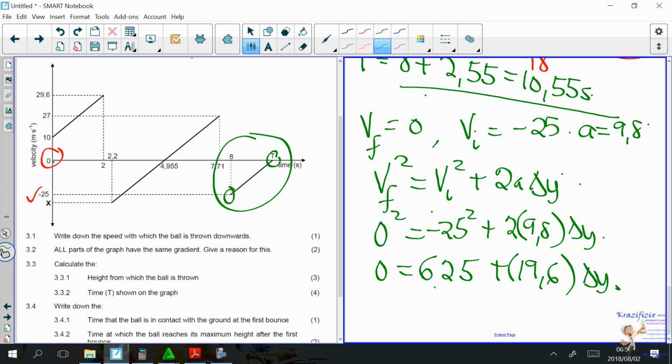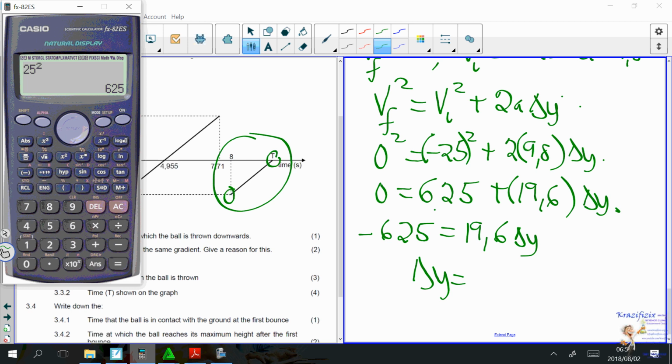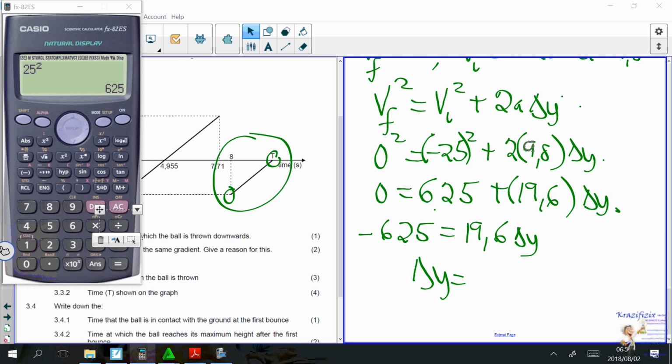Delta y. All right, remember this is negative. My velocity is negative there. So when I move this over, I'm going to have negative 625 equals 19,6 delta y. If we divide both sides by 19,6, what are we going to get? Divided by 19,6. 625 divided by 19,6. I'm actually getting